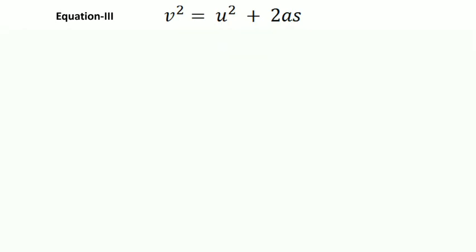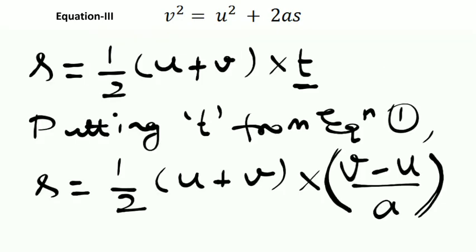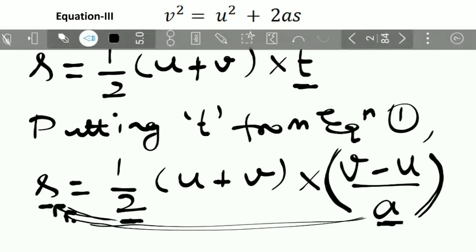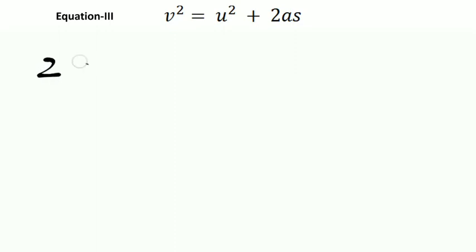Watch here. This 2 is in the denominator, this a is in the denominator. This 2 and this a will be cross multiplied with this s. So this becomes 2as is equal to,